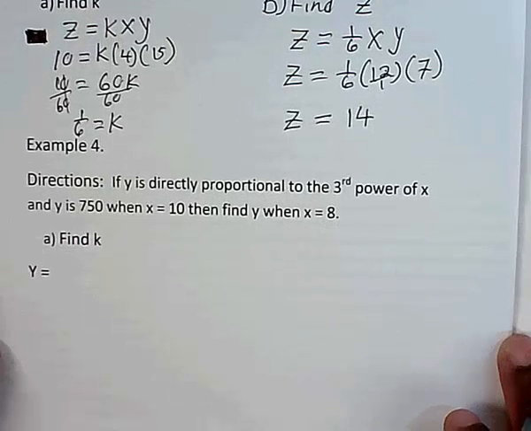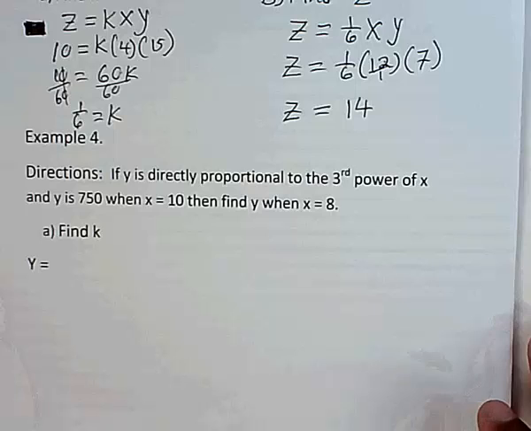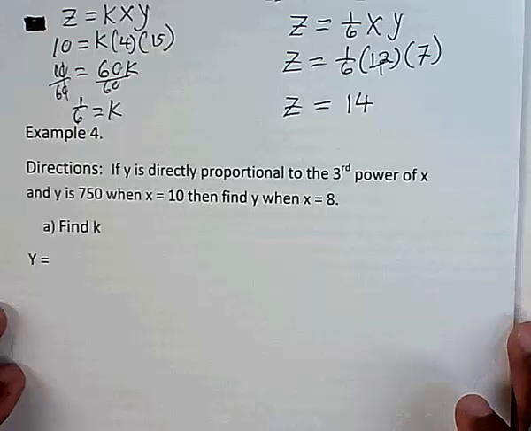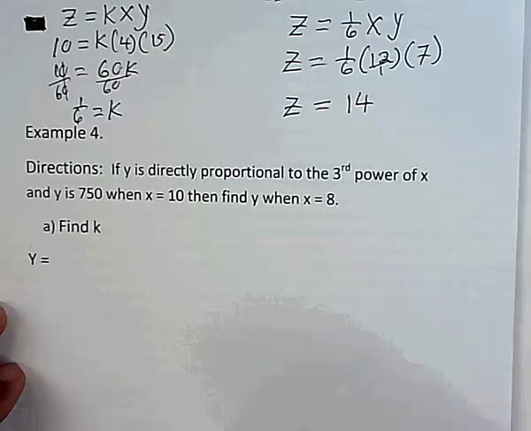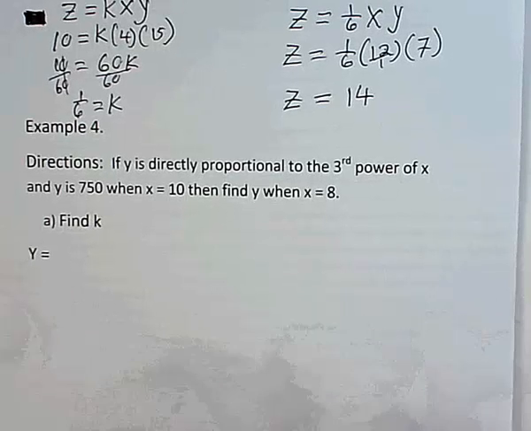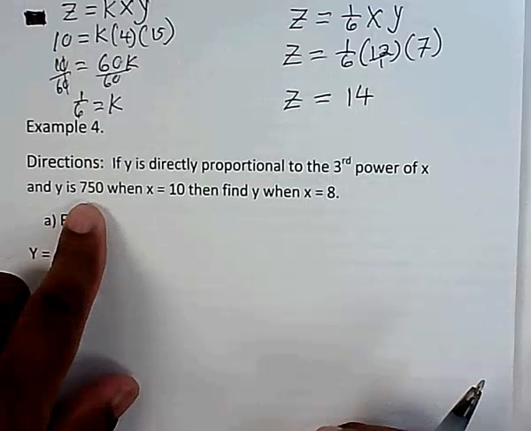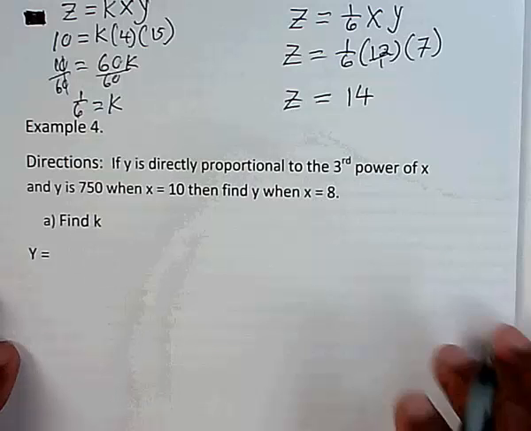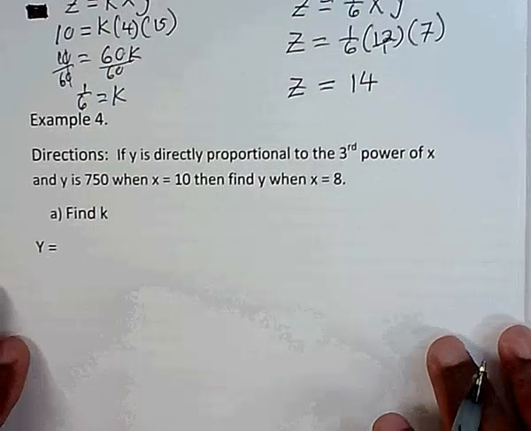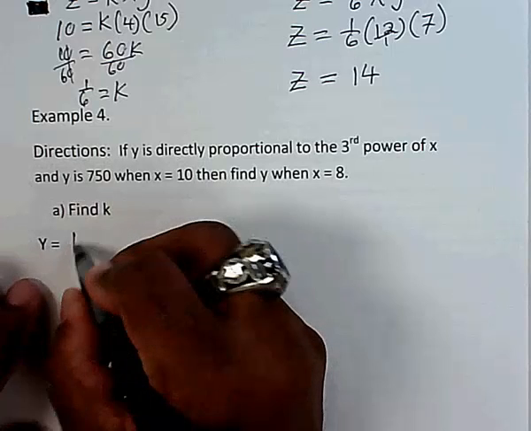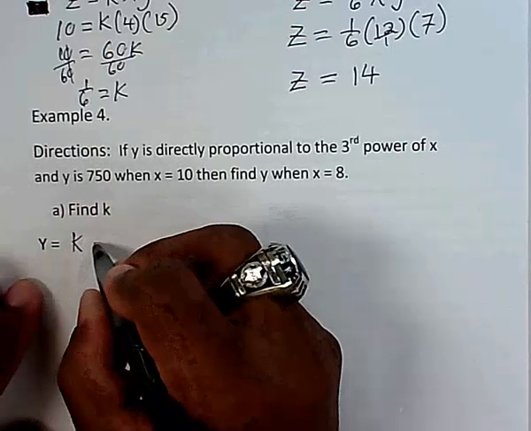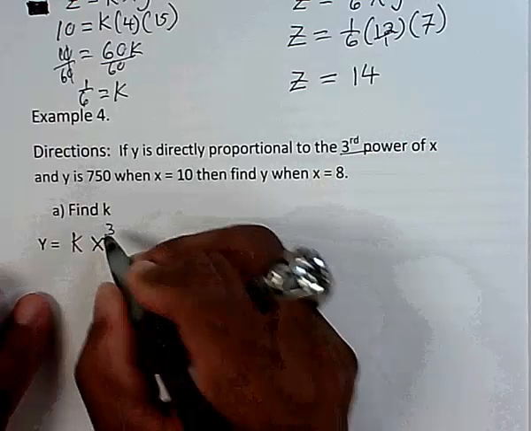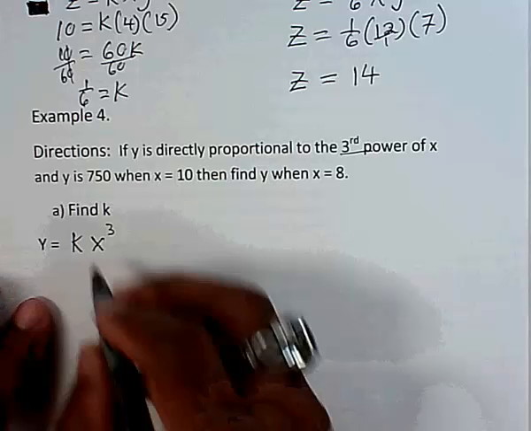And then last but not least, we're going to look at directly proportional to the nth power. So y is directly proportional to the third power of x. And you've got the details here about y and x, and eventually we're supposed to find the y value when x is equal to 8. The equation that we must use at first here is that y equals the value of k times x, and then the power that we're looking at is the third power, so it's the third. We are given the value of y is 750